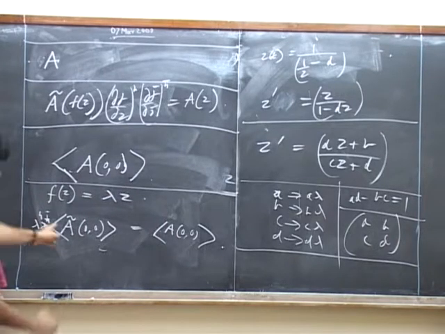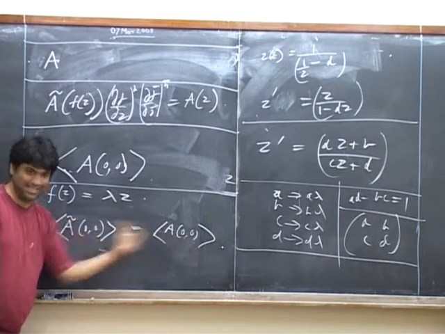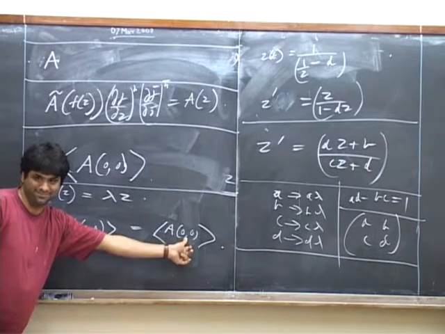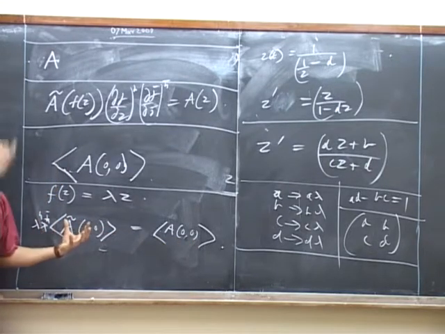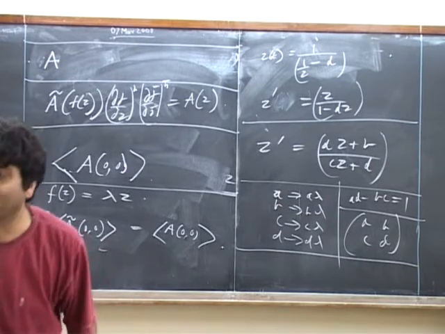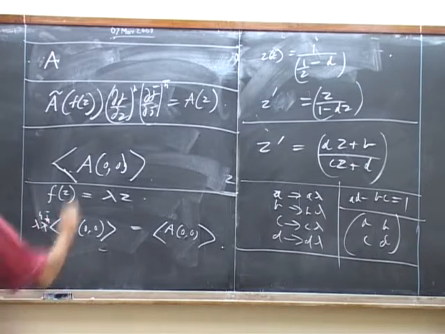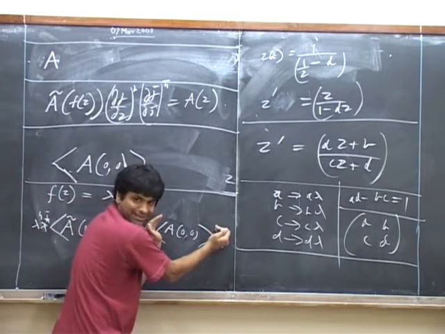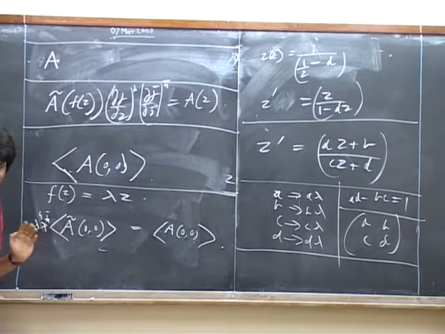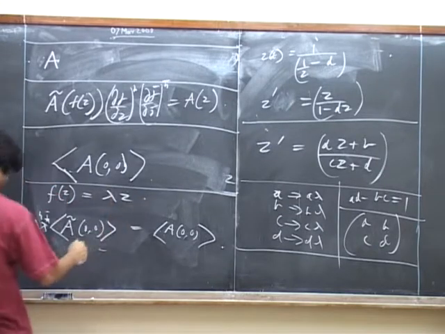But now what is this quantity? This quantity is simply the same calculation in the z′ variables as this quantity. Ã is the same operator as A was in the new variables. So this quantity is just equal to this one. Do you understand that? Okay? Therefore, we get